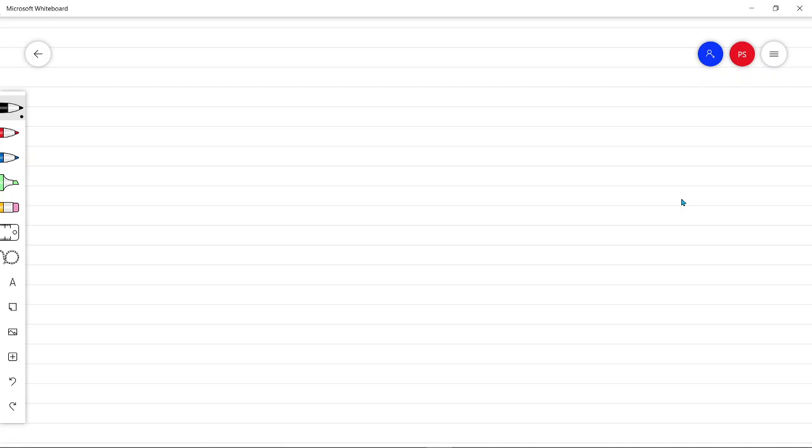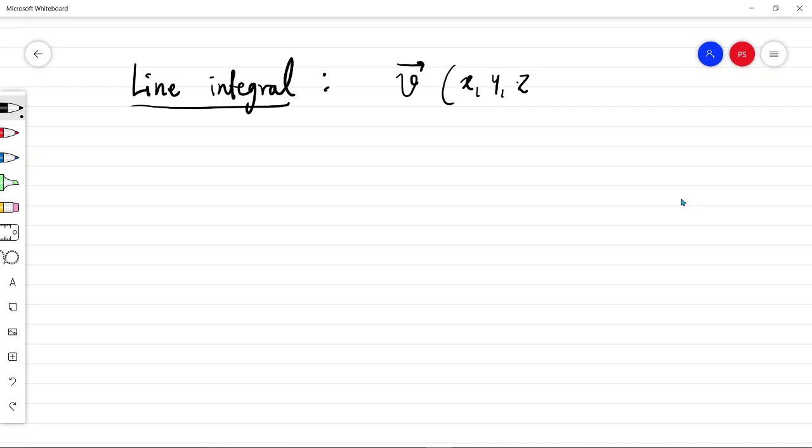Now we will try to learn how to solve line integral of a vector function using a simple example. To start with, we must define a line integral. So if we consider a vector function v bar, which is a function of x, y and z in general,